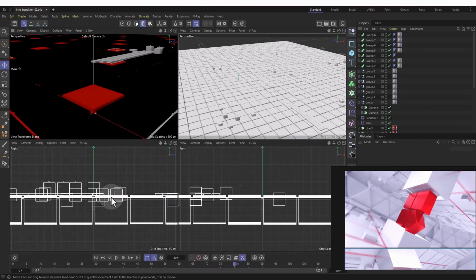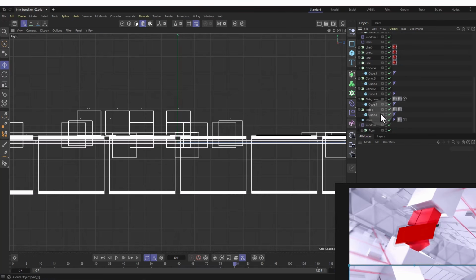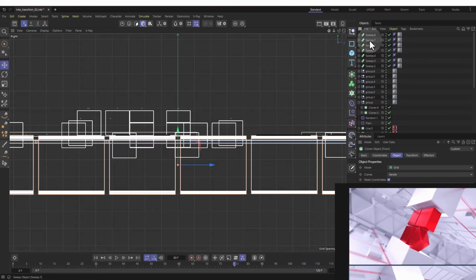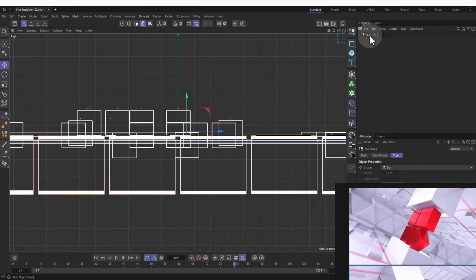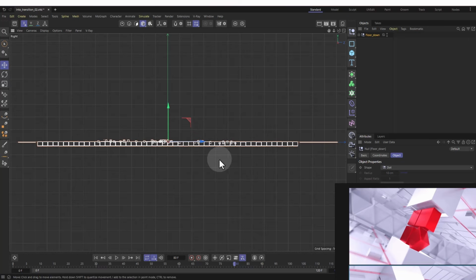I'll go to my right view. So before you do that, if you're wondering how I got to this view, you can just middle click on your mouse and you have it right here, the 4 views on the section. I'll quickly select the last object in the layer, scroll to the top, holding Shift, and I select the first one, and I do Alt+G to group them up, and I'll make this one floor down. That's fine. So have it as a group right here. So I'll quickly make a copy of this one as well, and I'll send it to the top. You hold Control, you click and you drag, and you have it at the top,